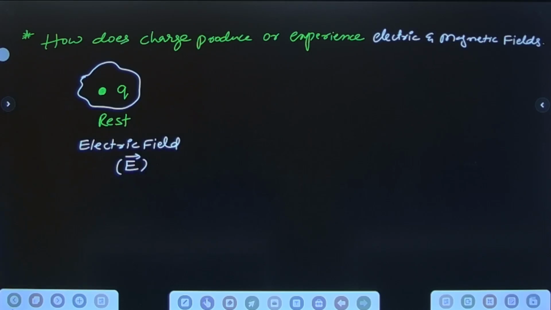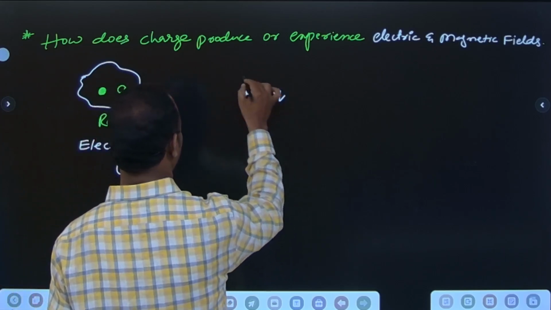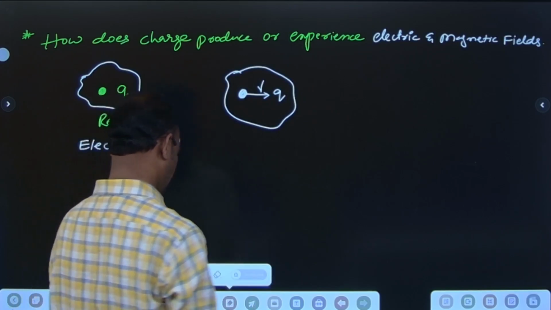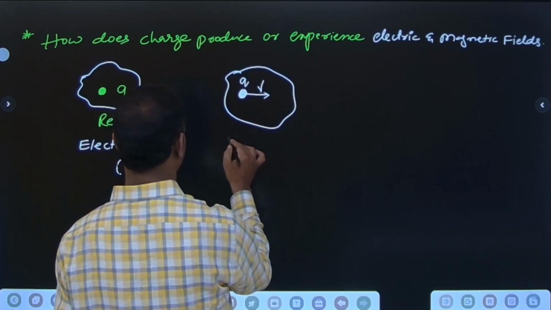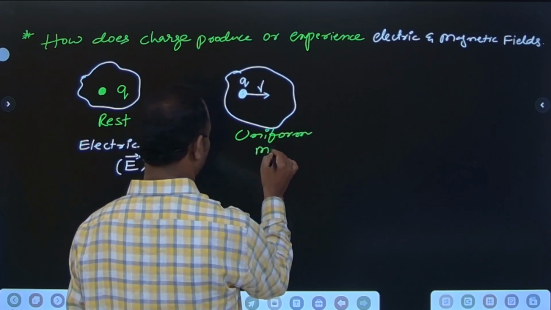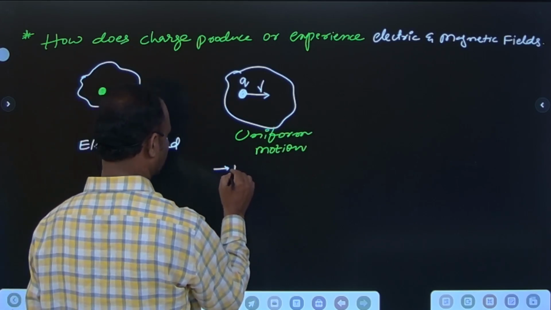And if the charge is in uniform motion, it produces electric field and magnetic field. So uniform motion means what? Here is a charge Q. This is uniform motion. Charge is at uniform motion. If it is at uniform motion, it produces